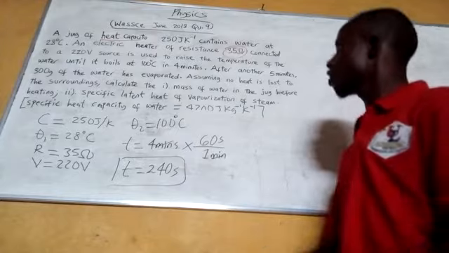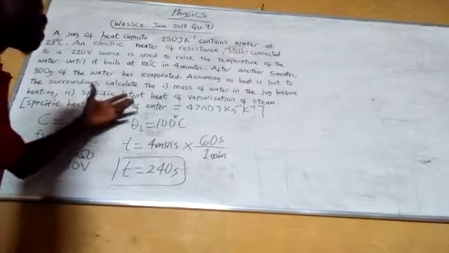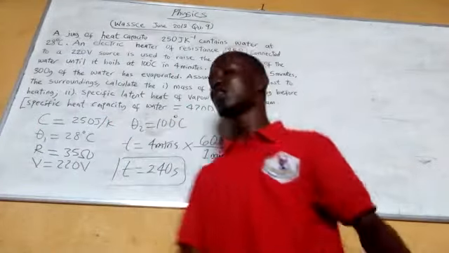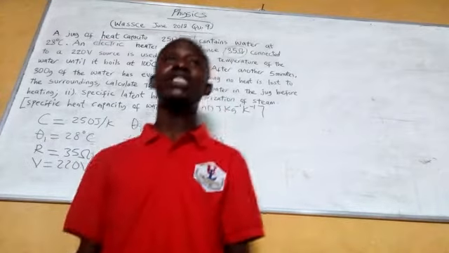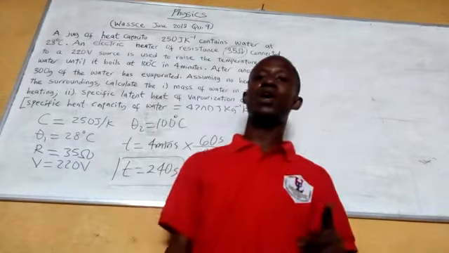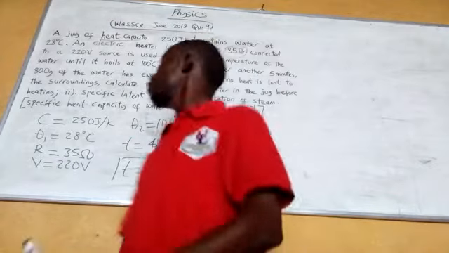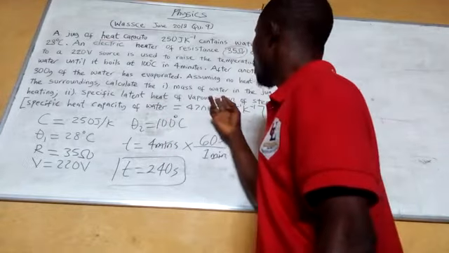So now we can solve our part of the problem, part 2R. Because 2R tells us about the specific latent heat of vaporization. And this heat is the quantity of heat required to change 1 kilogram of a liquid at its boiling point to steam. So this is what is referred to as the specific latent heat of vaporization. So let us solve part 1R of the problem before coming to 2R.